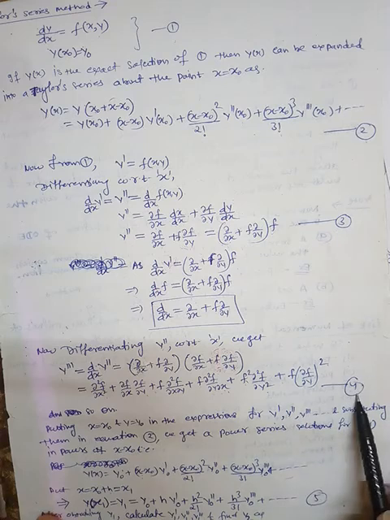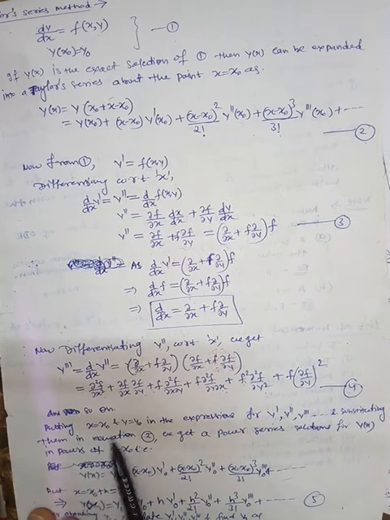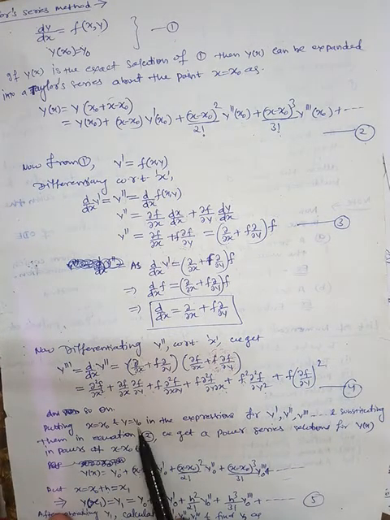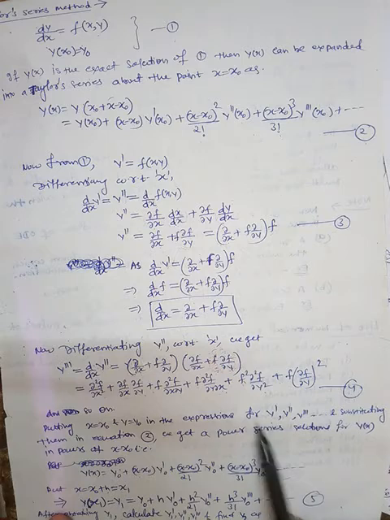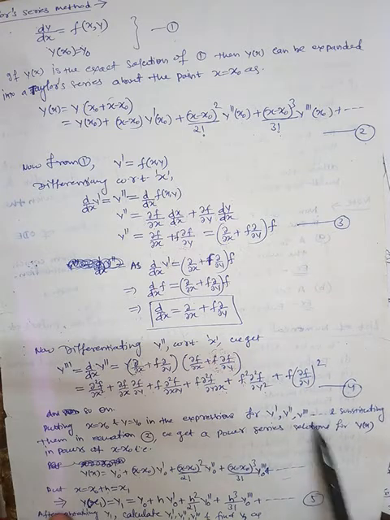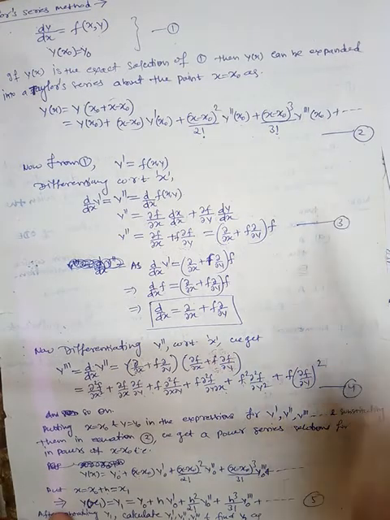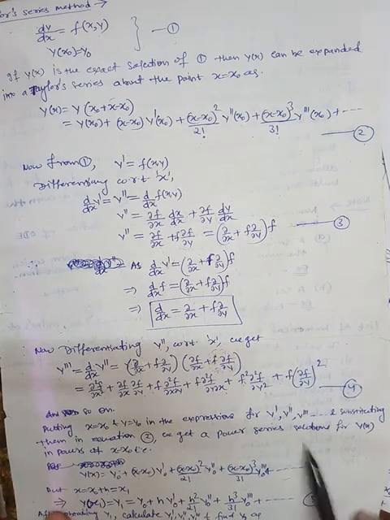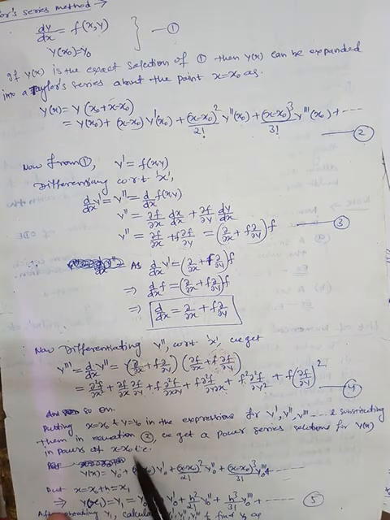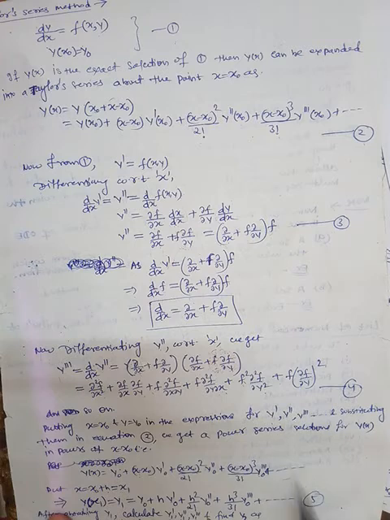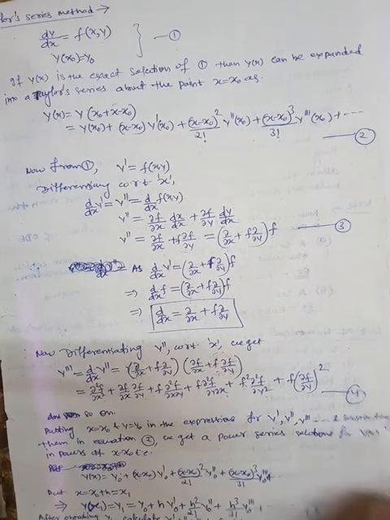This is equation number 4. So now putting x equal to x naught, y equal to y naught in expressions for y dash, y double dash, y triple dash, and substitute these in equation number 2. Okay, we get a power series solution for y(x) in powers of x minus x naught. That means we get a solution of this form. And finally, just put x equal to x naught plus h. When you put x equal to x naught plus h, what will you get?